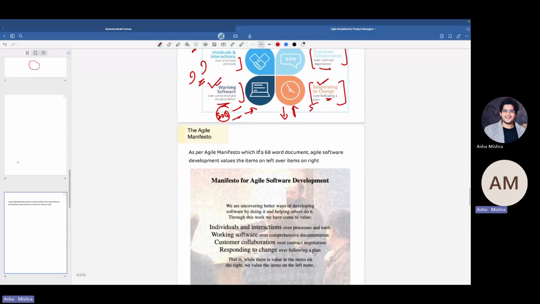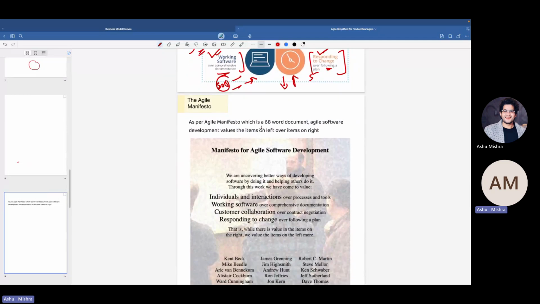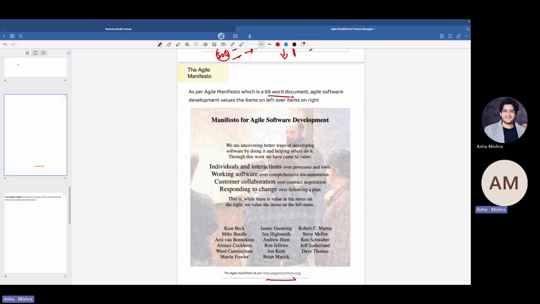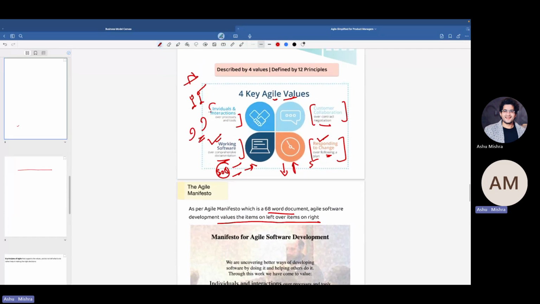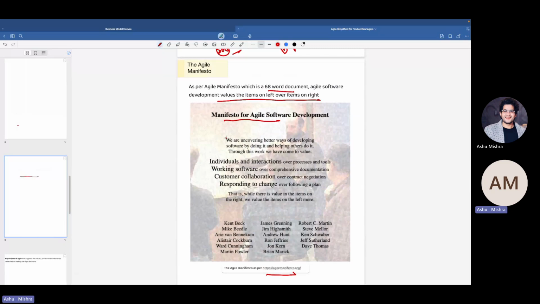Now let's talk about the much discussed Agile Manifesto. You can check it at agilemanifesto.org. It's just a simple 68-word document in which agile software development values the items on the left side over the right side. Individuals and interactions, working software, customer collaboration, responding to change are on the left. So what does this manifesto say? We are uncovering better ways of developing software by doing it and helping others do it. Through this work, we have come to value: